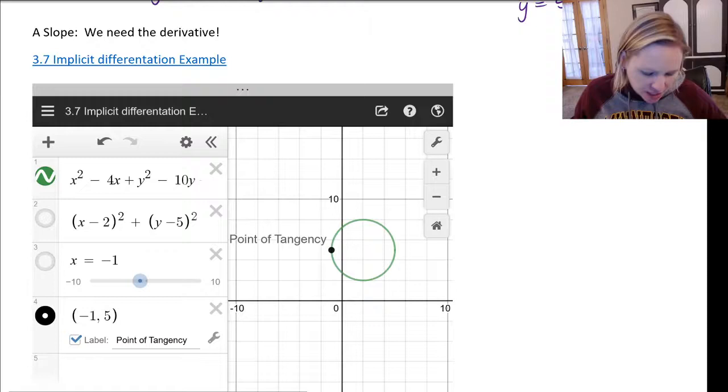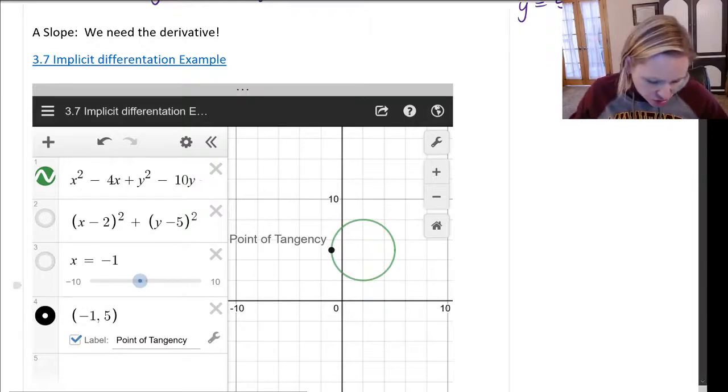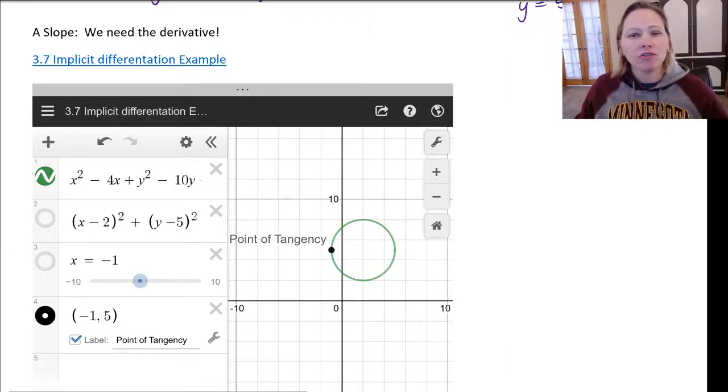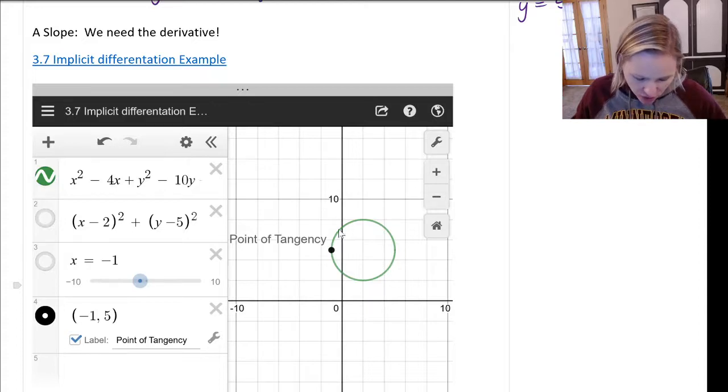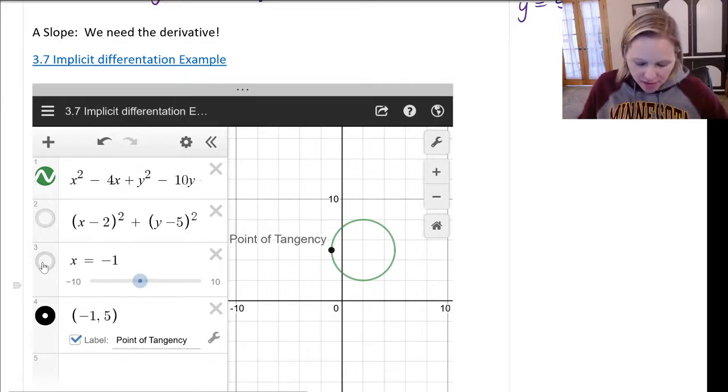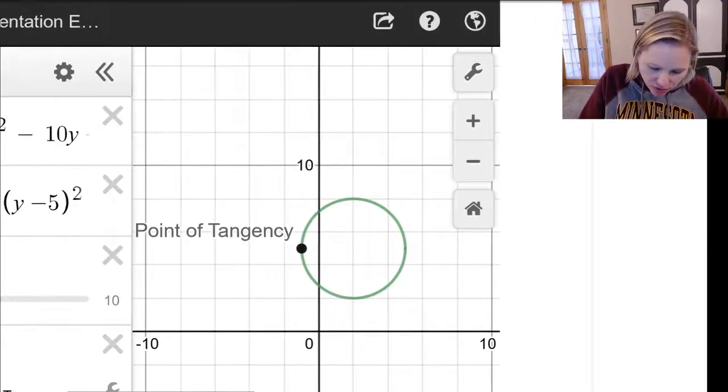But in any case, it's a circle centered at (2, 5) with whatever the radius is. Anyway, when I highlight the point x equals -1, this is where it falls on the circle. And sure enough, (-1, 5) is our point of tangency. And if I were to guess based on what I see here, so if I zoom in a little bit,